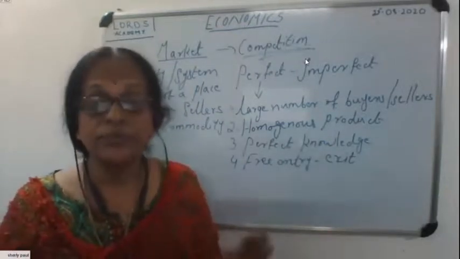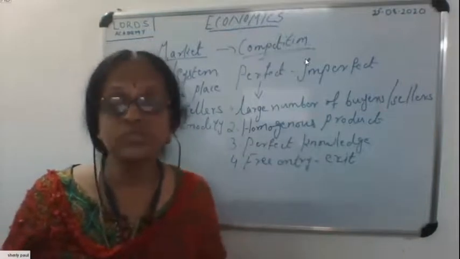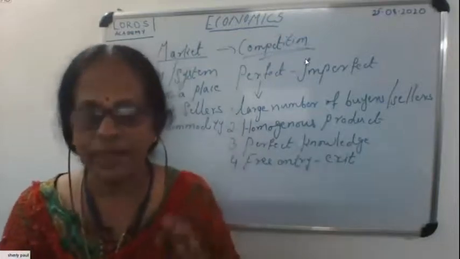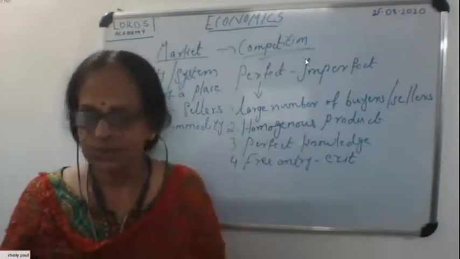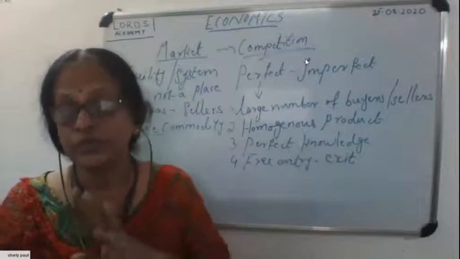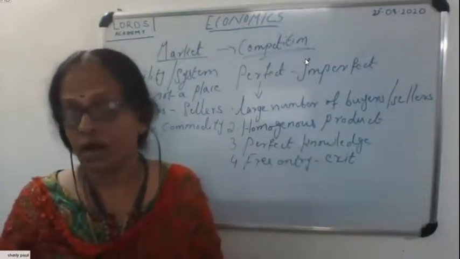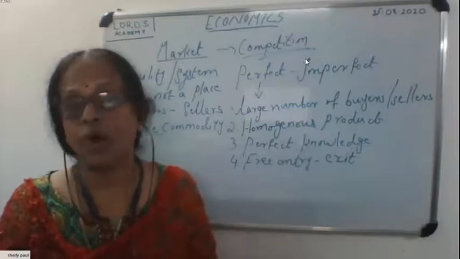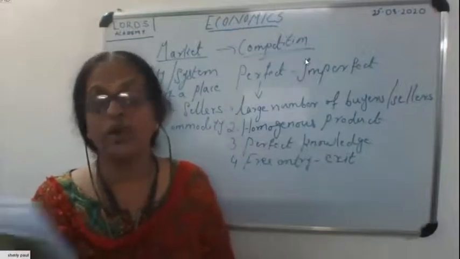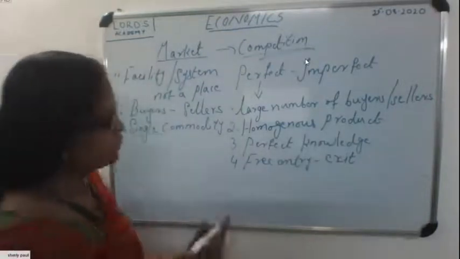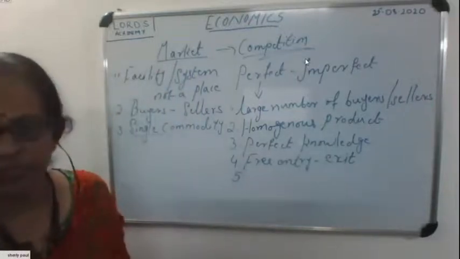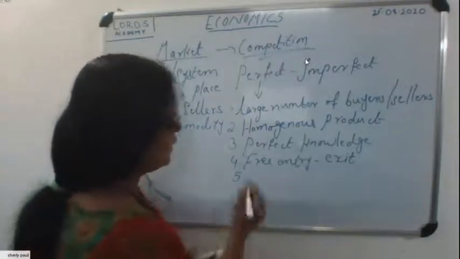Then the next one is perfect mobility of factors of production. We studied the factors of production. If we are getting a final output, a final product, before that it should be produced. Therefore, what are the things they need? Factors of production, four factors. Therefore, there is free mobility. Factors of production are perfectly mobile under perfect competition. In other words, factors of production can freely enter or switch from one industry to another. Here is perfect mobility. Therefore, factors of production can freely move from one firm to another firm. Perfectly mobile.